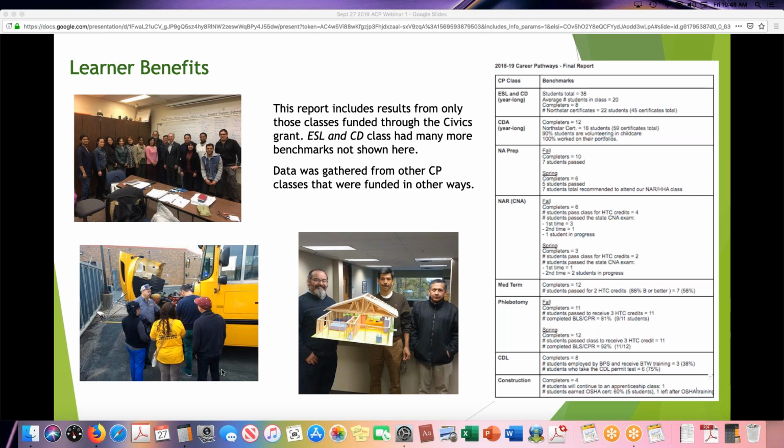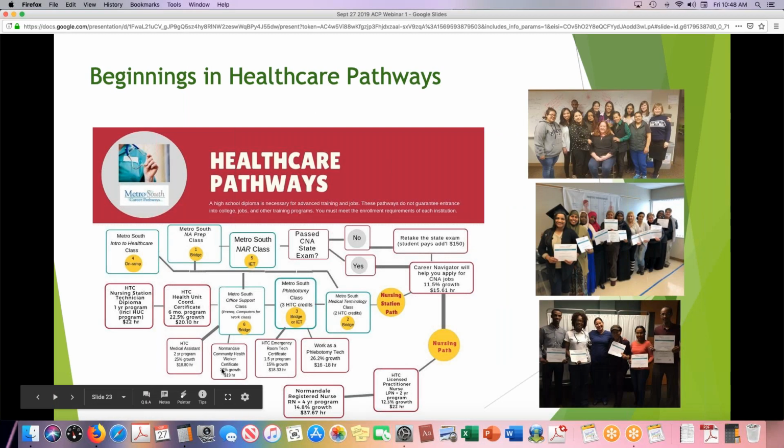Okay, you can go to the next one. Sorry, I'm rushing through. Beginnings in healthcare pathways. On the right, you can see some of our healthcare classes. The top one is medical terminology, the middle picture is phlebotomy, and the bottom picture is a piloted CNA class that we started last year.